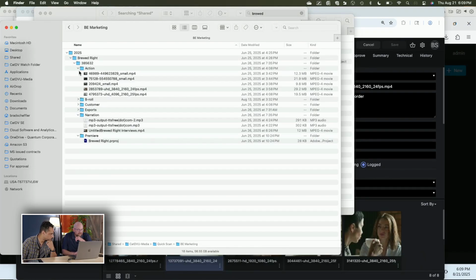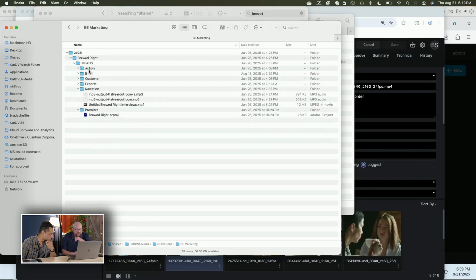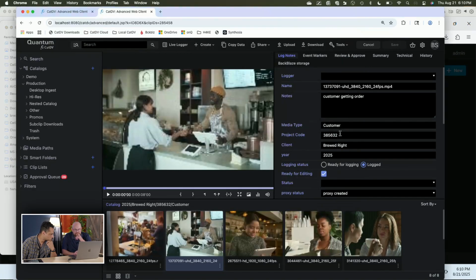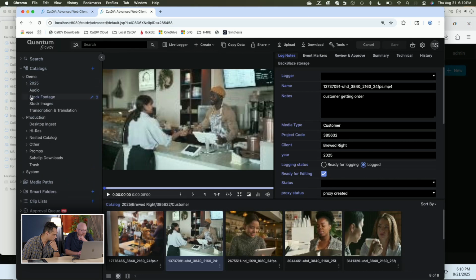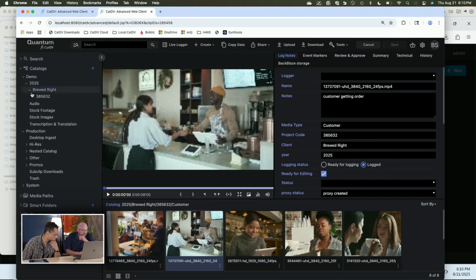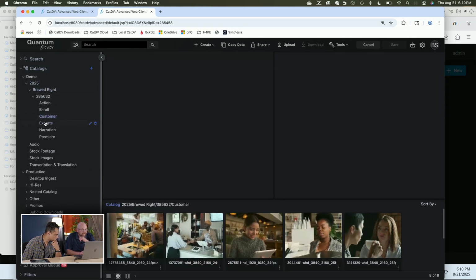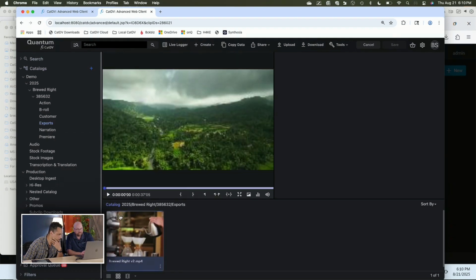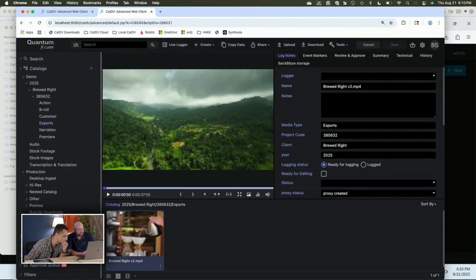I have, these are the media type. So that information came from the fact that it was in the customer folder. If I go to one of these other catalogs, so if I come to exports, this one is going to be media type export.